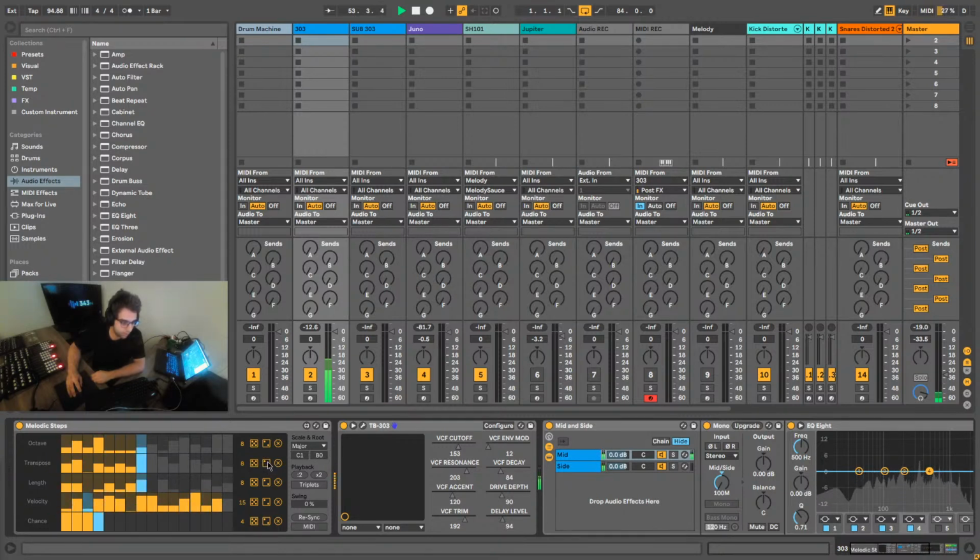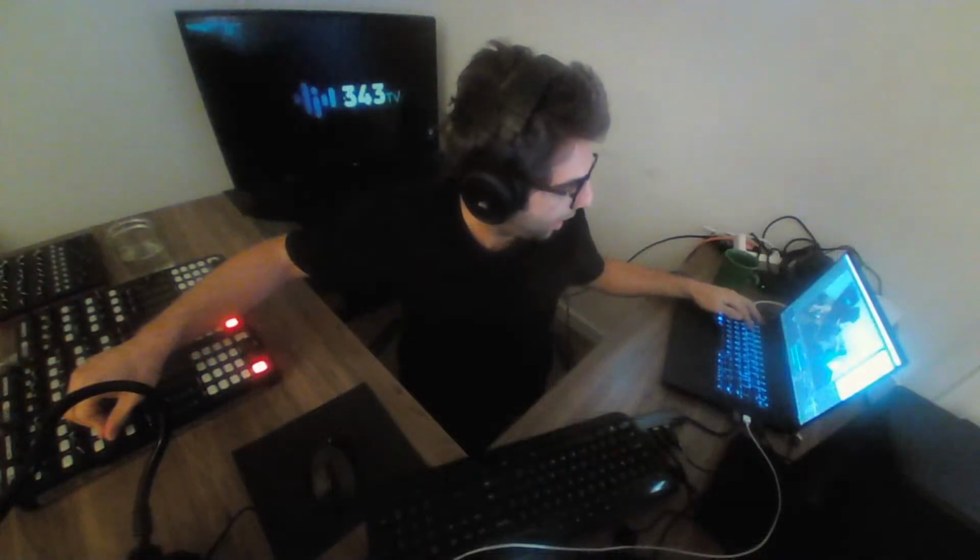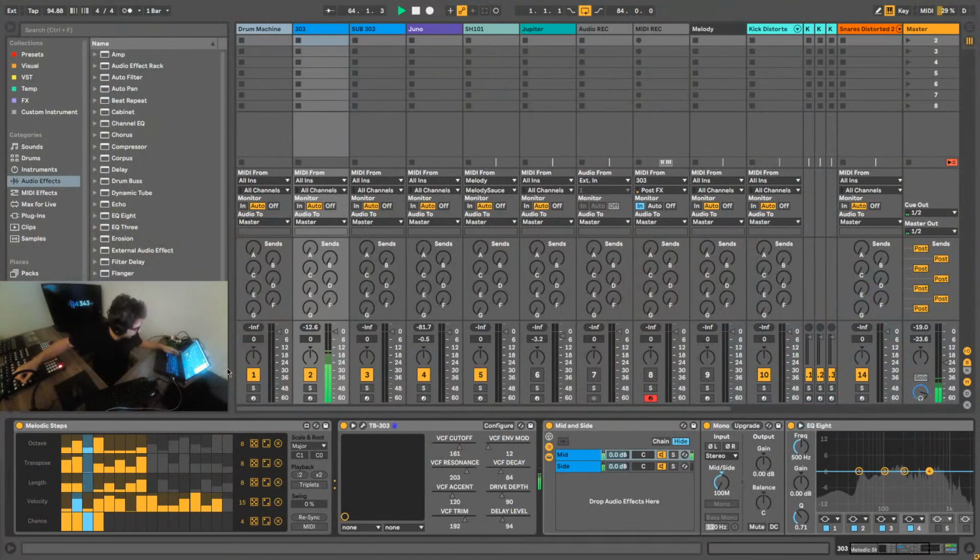So if I change it a little bit, it's just going to change the pitch of the notes by a little bit. It's always going to stay in the key that you select there. And then I also can control